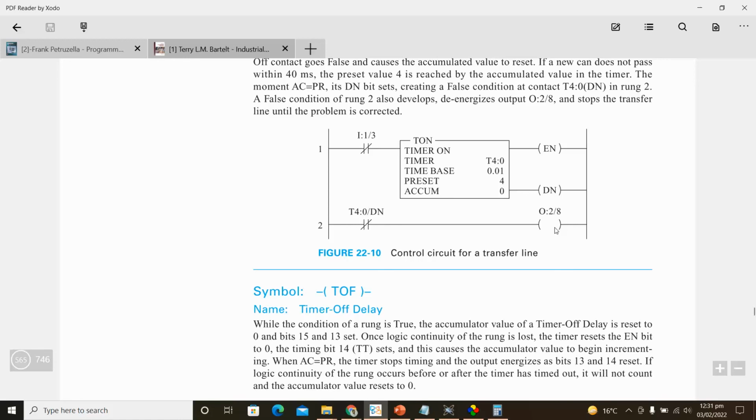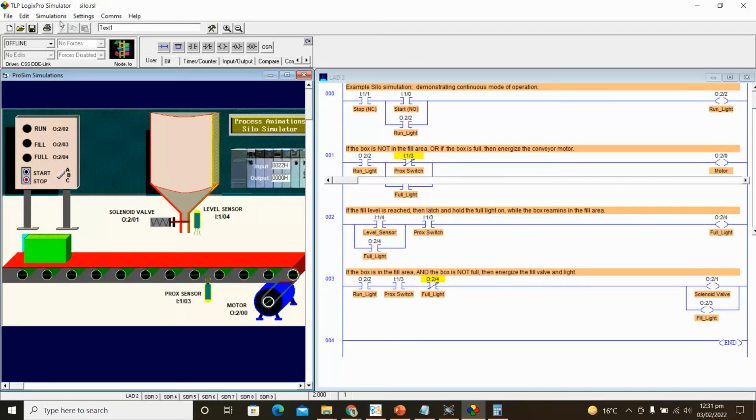क्योंकि अगर आपके सामने 40 मिली सेकंड तक कुछ नहीं आया और आपने कन्वेयर को रोक दिया, तो हो सकता है उसके 40 मिली सेकंड के बाद फिर कुछ आ जाए, फिर आप कन्वेयर को चला दें। वो वाली लॉजिक अब इसमें हमने इम्प्लीमेंट नहीं की, ये तो सिर्फ हम टाइमर को एक्सप्लेन कर रहे हैं। तो इट कैन ग्रो, आई थिंक टाइमर किस में है,